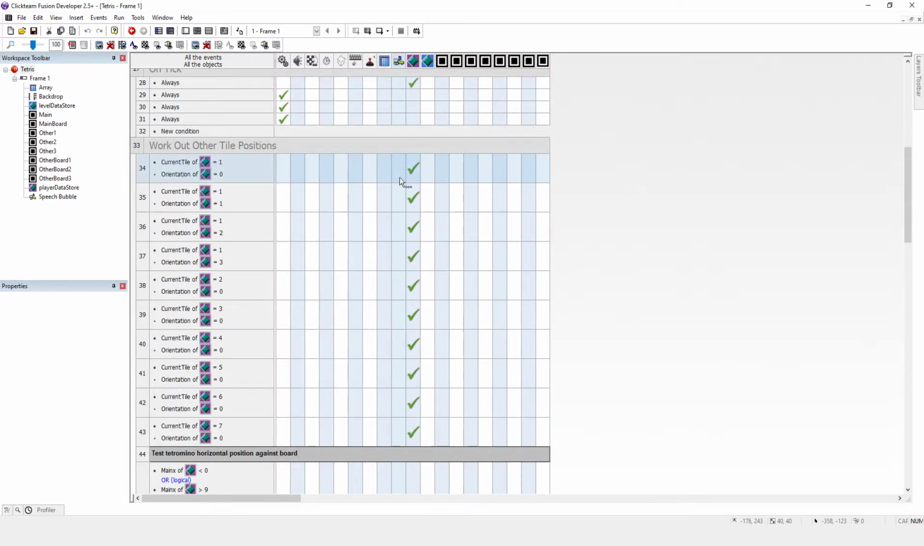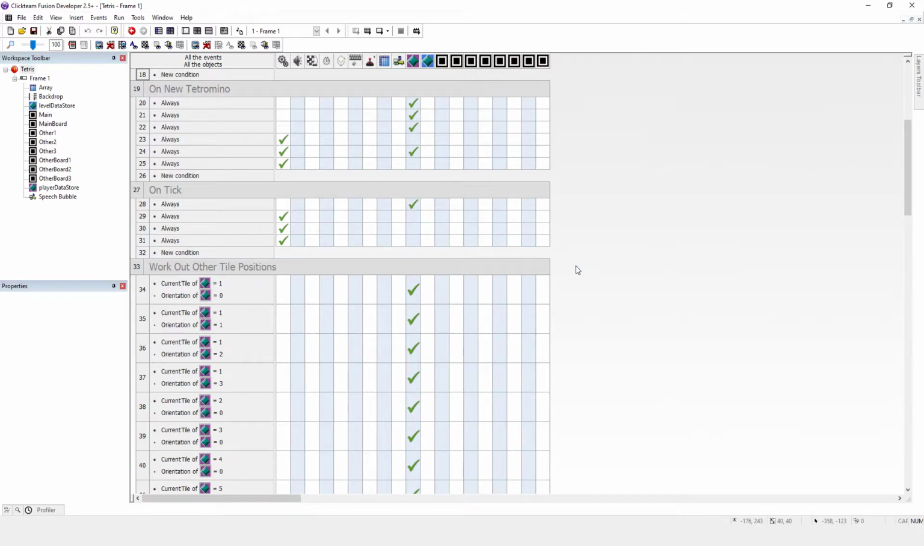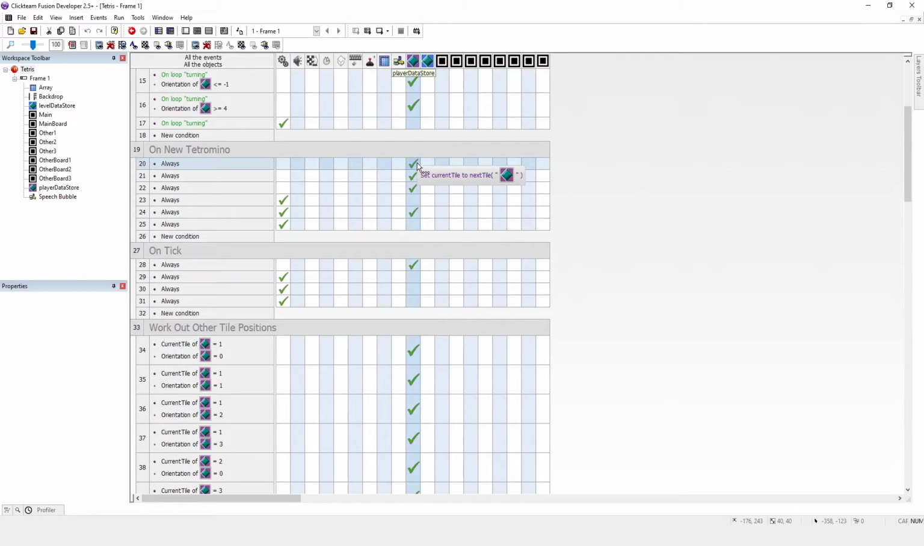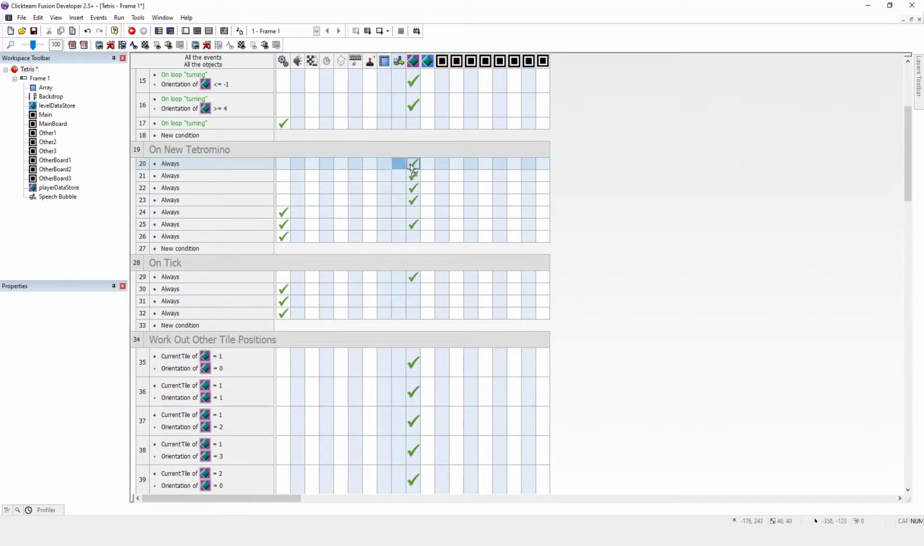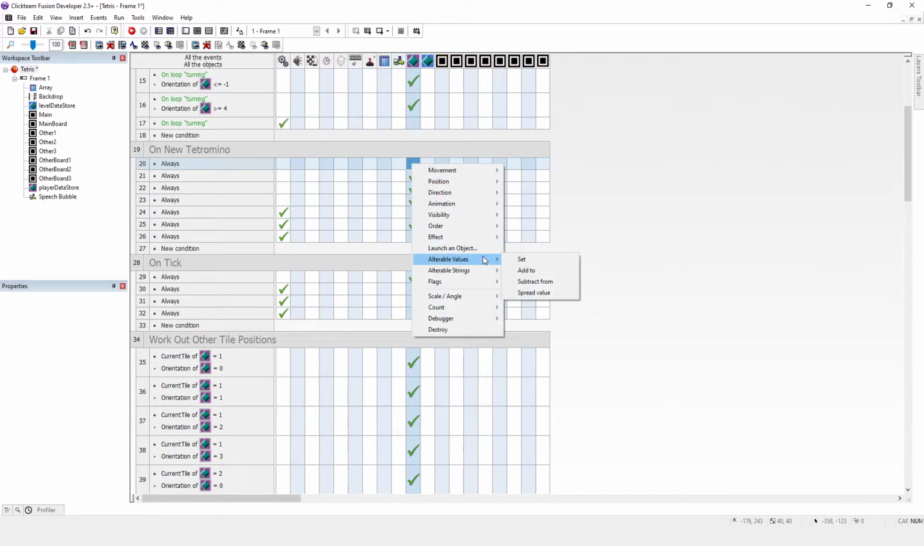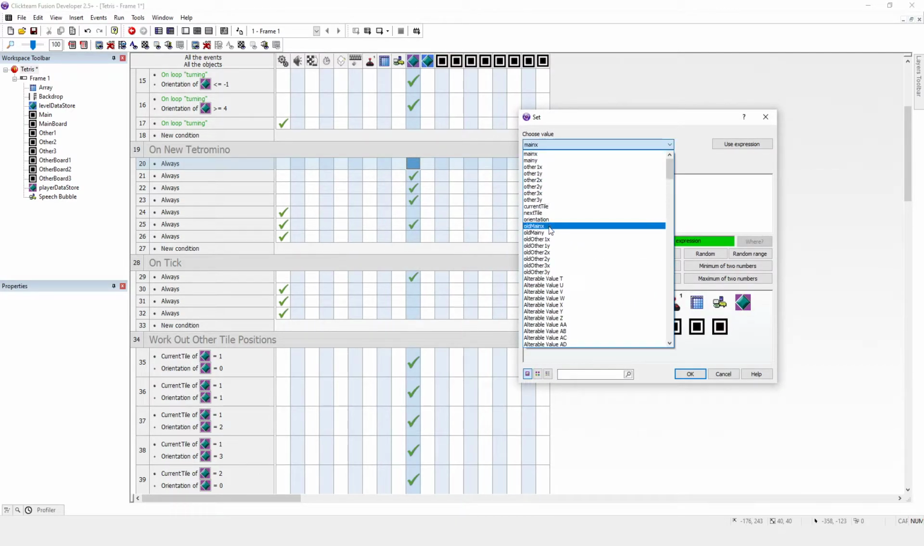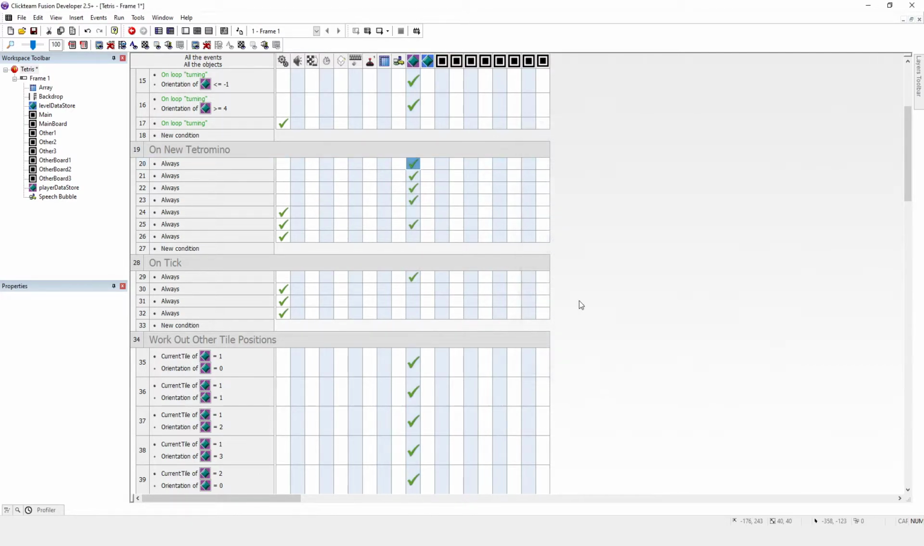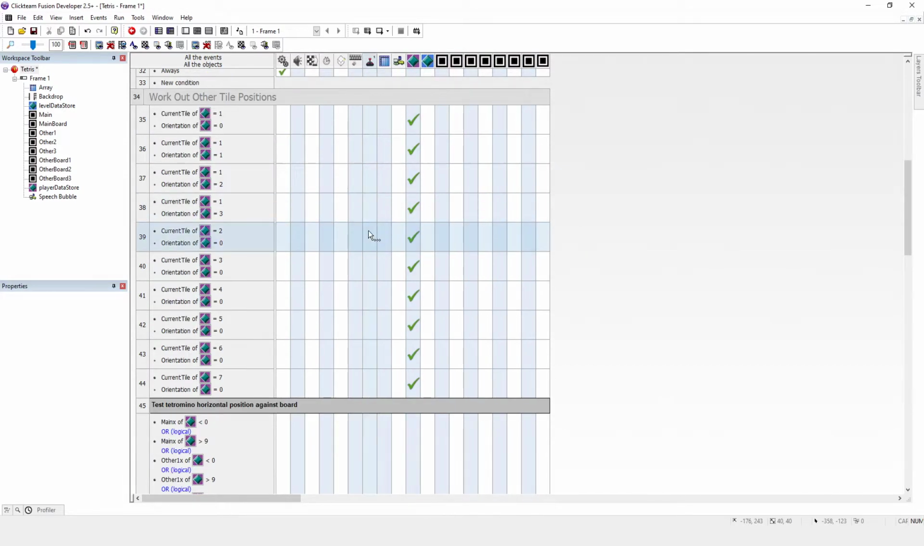Okay, so what happened there was the orientation was different, so it didn't draw any other tiles there, but we knew that was going to happen. Okay, now that's actually an interesting one because we need to set the orientation to 0 on New Tetromino. So why don't we do that now? Because that's reminded me to do that. So let's just copy and paste the row and alterable value set orientation to 0. So whenever we start, we want the orientation to be 0 because they always come up the same way around. Okay, so we've done all of 1